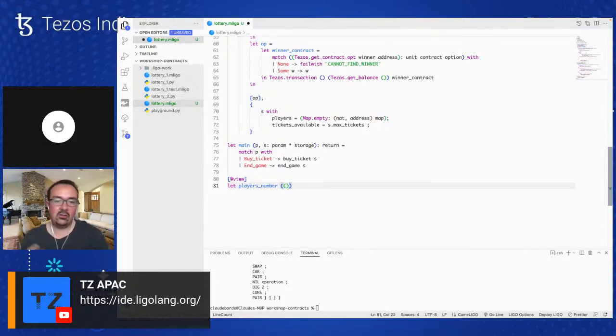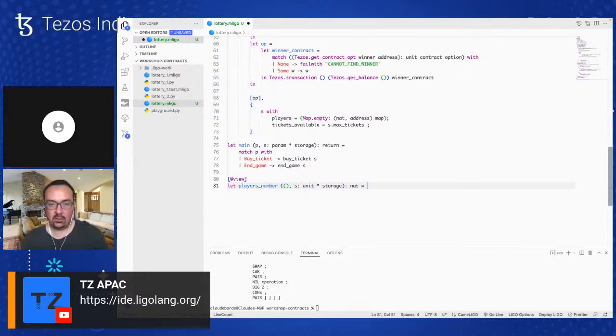So here we don't need any parameter because we're just going to return a number, so we're going to have unit, and then the storage of the contract is also going to be on the right field of that tuple, so we can use it. And we also have to type it like that explicitly, and then it's going to return NAT. So the number of players that